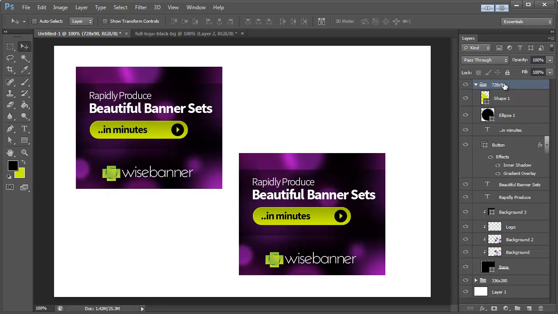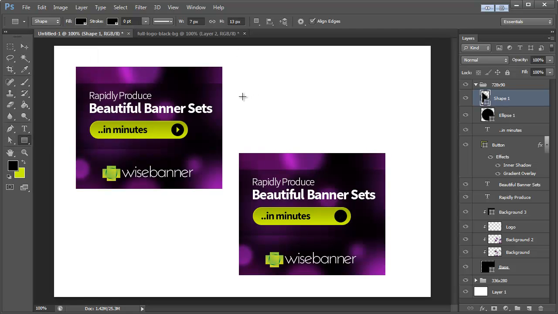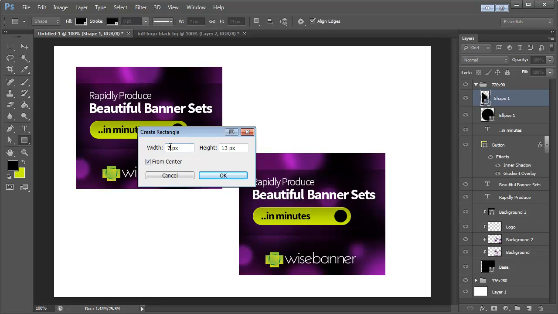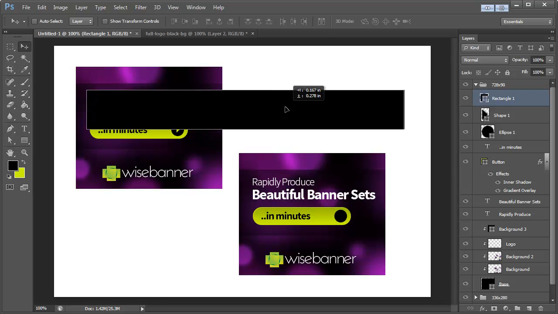So let's go ahead and expand that group. And basically, right up here, I'm just going to create a new layer. The fill up here will be black. I'm going to double click. Width is 728 by 90. Hit OK. All right, so now this layer right here, we want to take this and basically replace it as